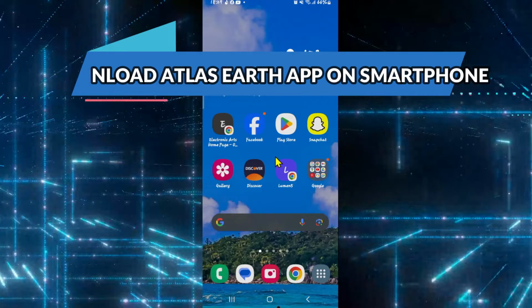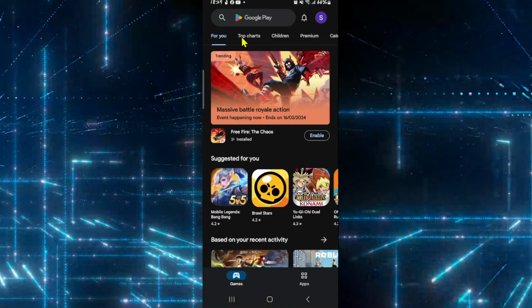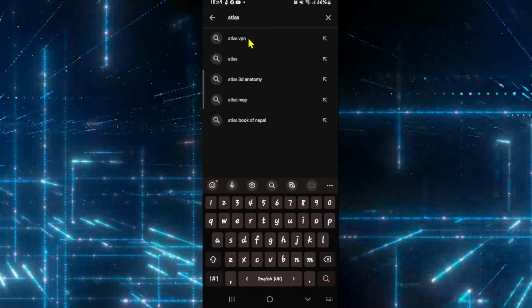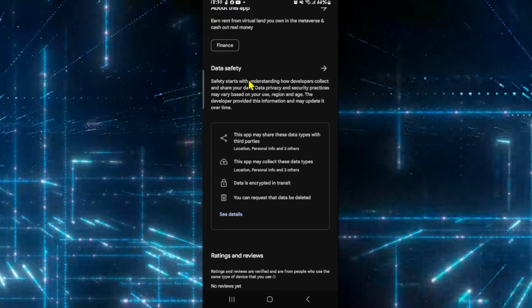Now, depending upon your device, open up the iOS App Store or the Google Play Store, and once you open it up, you will be taken into its homepage. From the homepage, tap on the search option, and from the search box, just type in Atlas Earth and then begin your search. Now, once you find the application, go ahead and tap on it and you will see the